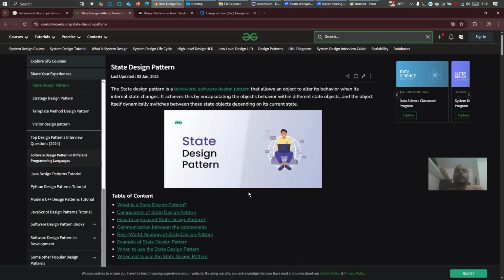For example, now if we see the order context, the current state and next state, it keeps on changing, right? Initially it is placed, then it is shipped, then it is delivered. This state keeps on changing. The behavior of the order context keeps on changing, right? From current state to next state. So this is how the behavioral design pattern